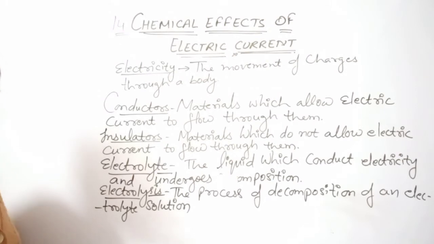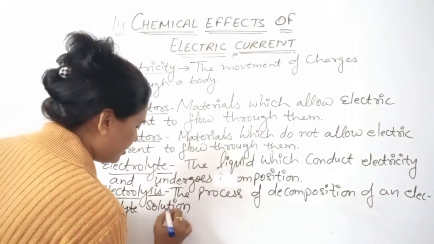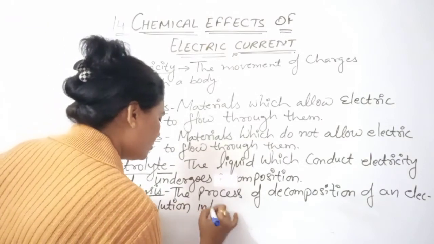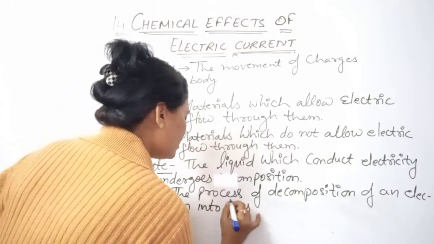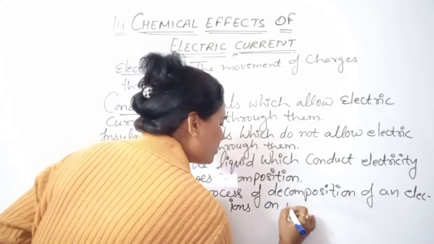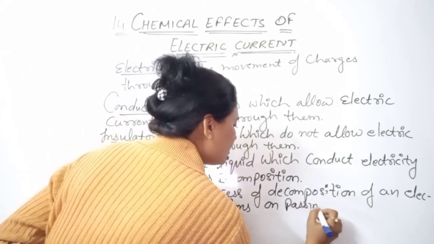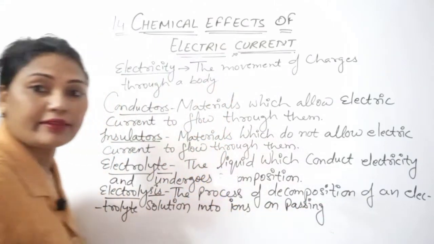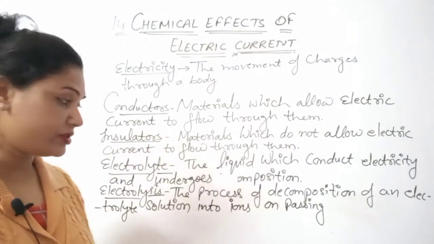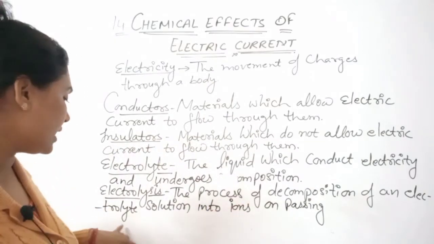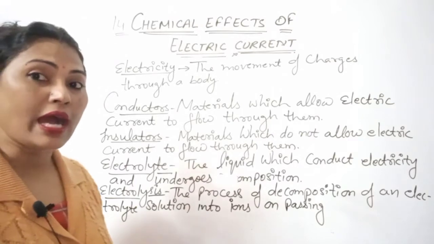So electrolyte solution into ions on passing an electricity. ओके, जब हम इलेक्ट्रिसिटी पास करेंगे तो डिकम्पोज हो जाएंगे, इलेक्ट्रोलाइट डिकम्पोज होके आयंस के फॉर्म में